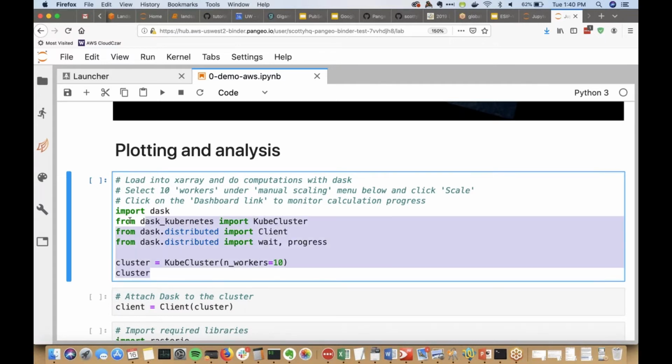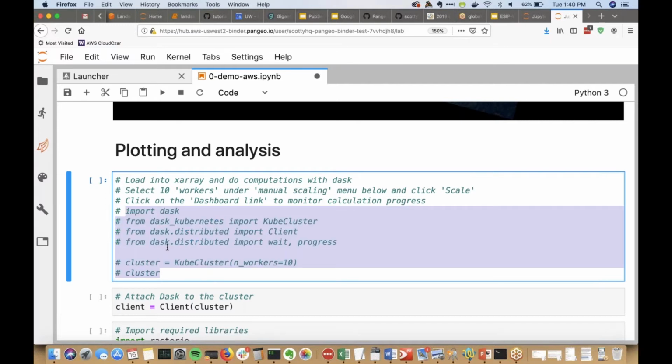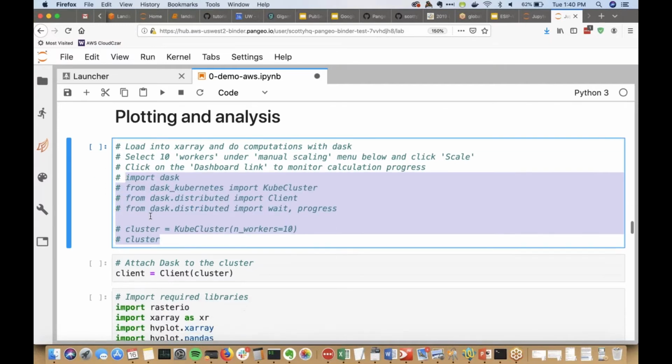So if you've already run it, don't worry. If you haven't, comment this out. Commands / will do comments. And on the left here,